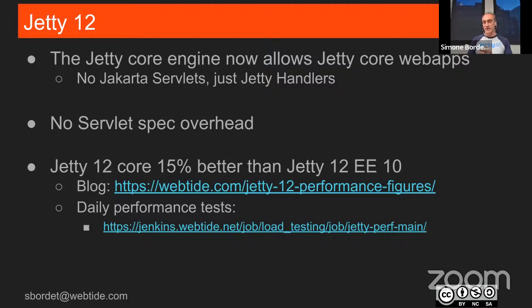And the counterbalance of that is that obviously you're not coding anymore against the standard, but you're coding against the Jetty specific API. So now you're Jetty specific. However, the API is simpler than the standard one, and it works even better performance-wise. For example, we have bragged about this, and we have daily performance tests that we run every day over continuous integration. Through this link, you see, for example, we run a single Jetty server with 4 clients, and we just bombed the server.